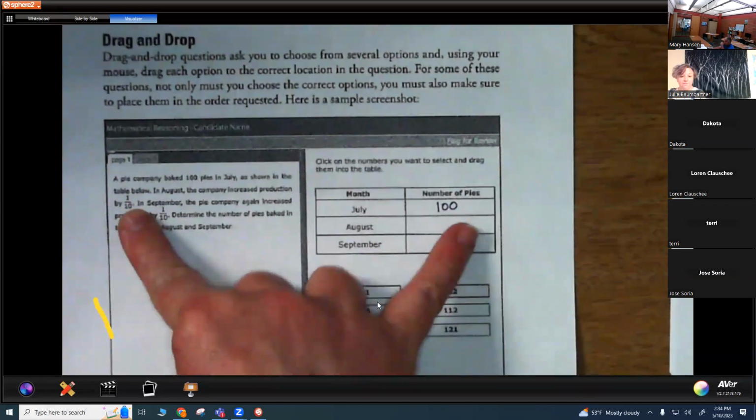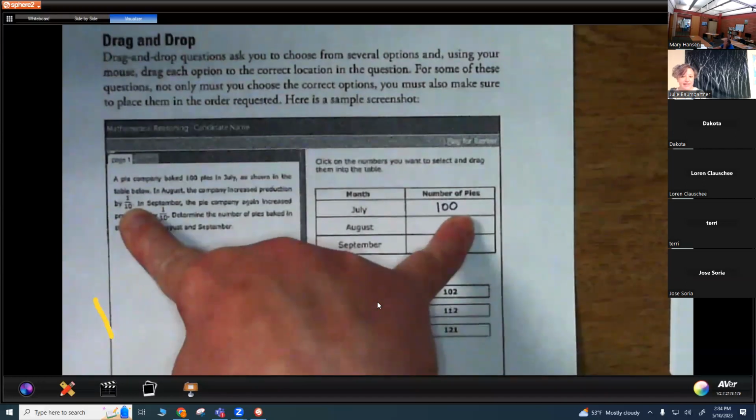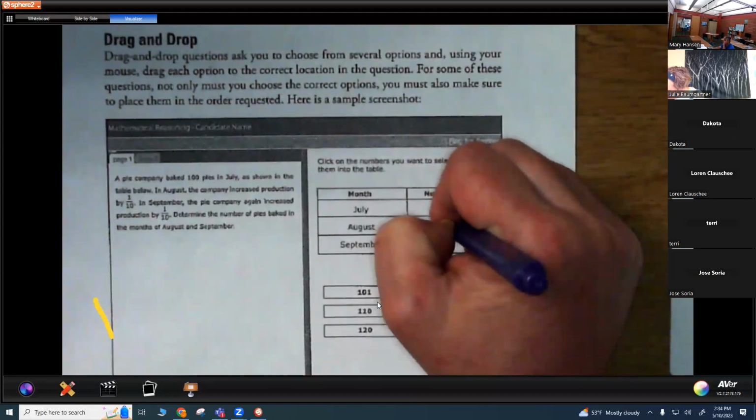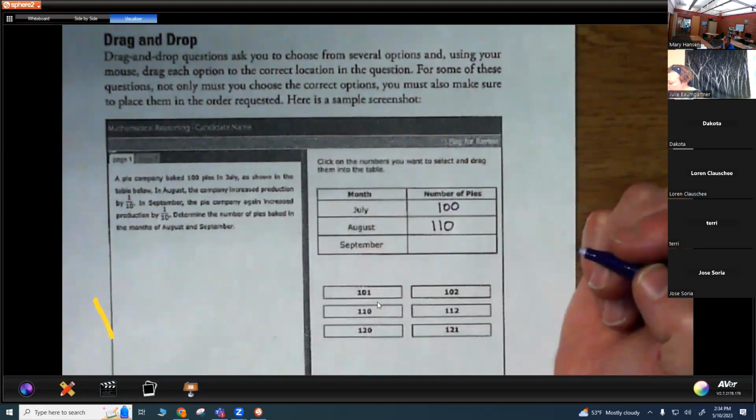So if we increase by 10%, then we should have 110. And then what would be the additional